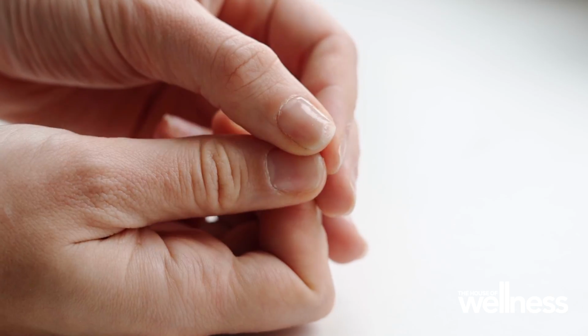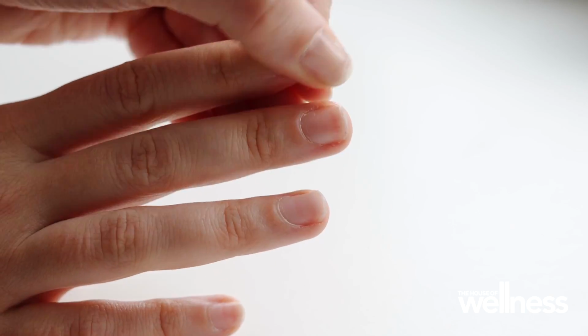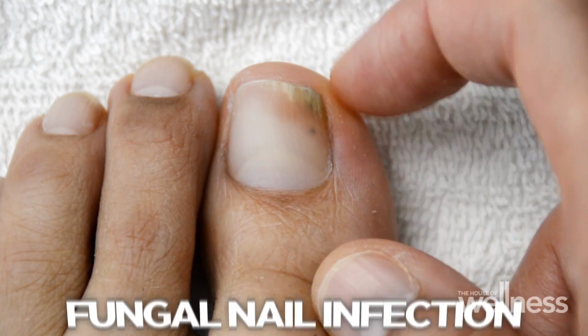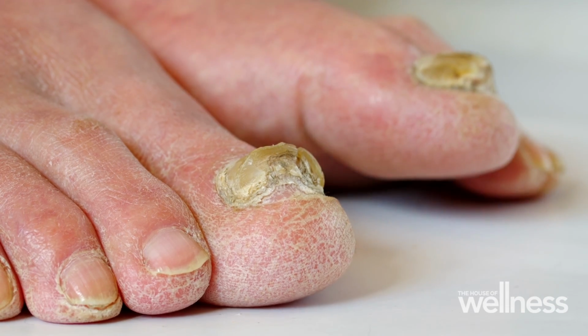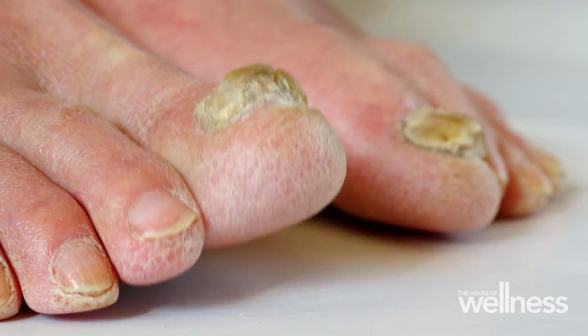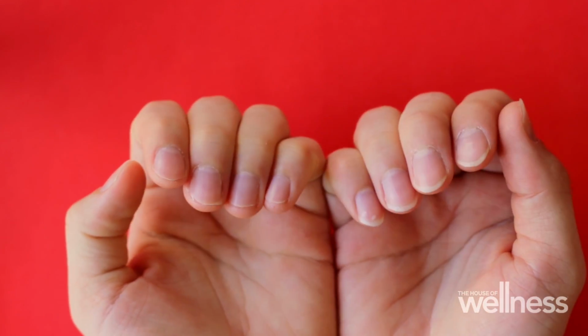When a patient presents with problems with the nails, the most common things that I see are changes in the nail plate colour, often white or grey or even yellow discoloration, as well as crumbling off the nail plate and nail plate fragility. And this may be a sign of a nail fungal bed infection, and fungi are really common and they're really hard to kill. It probably affects up to 60% of the population at some point, so it's really important to have a good look at the nails to make sure that they're a light, healthy pink colour